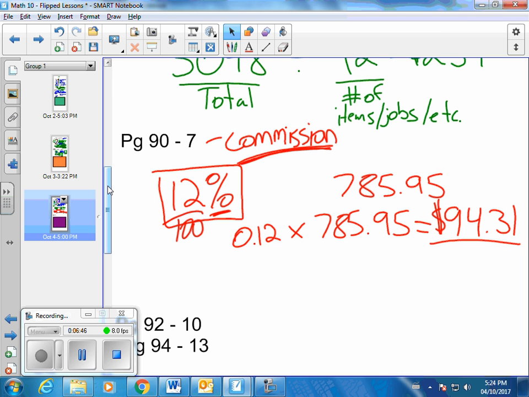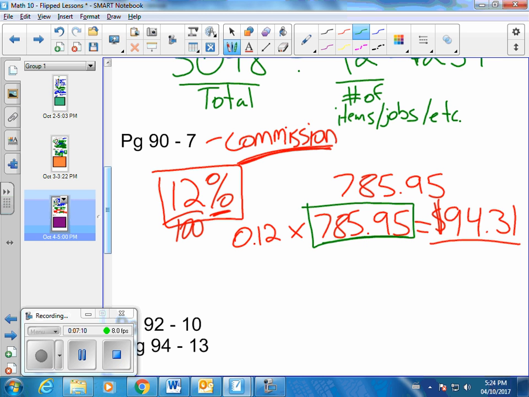Question 8 and 9 are both the same. You're converting your commission to a decimal and then you're going to multiply it by the price or the total of whatever is being sold. Even if, let's say that Peter had sold multiple bikes, all we'd have to do is figure out what the total amount of bikes he sold was, and then we still do the same steps and find out what our answer was. So we're going to move on now to